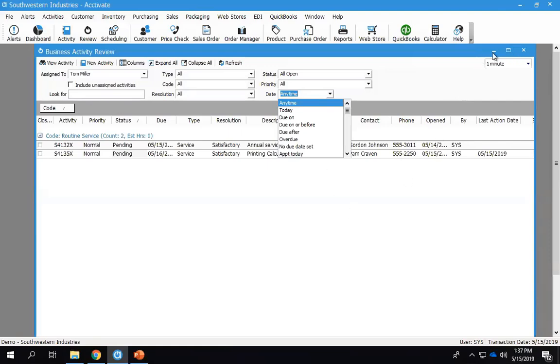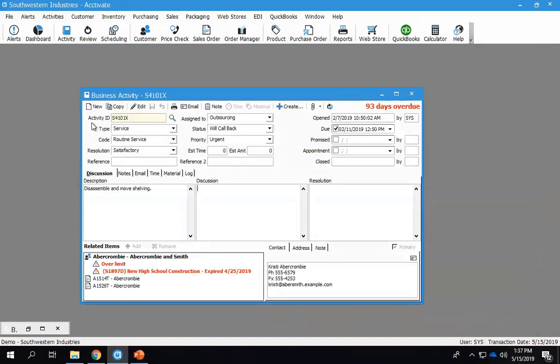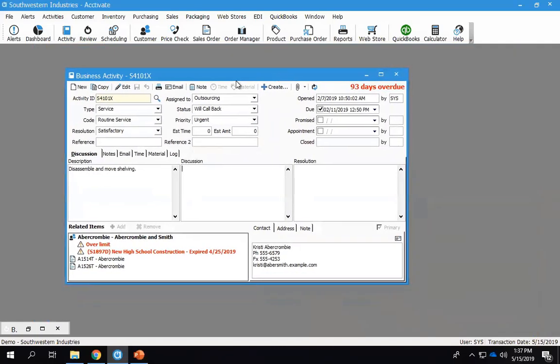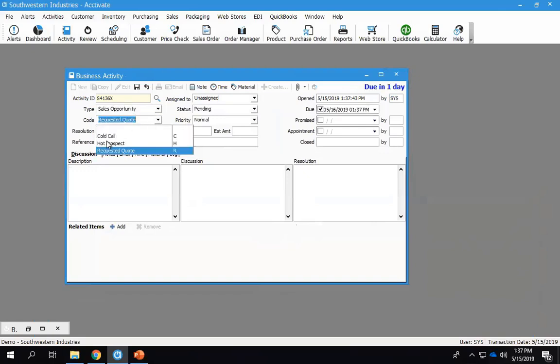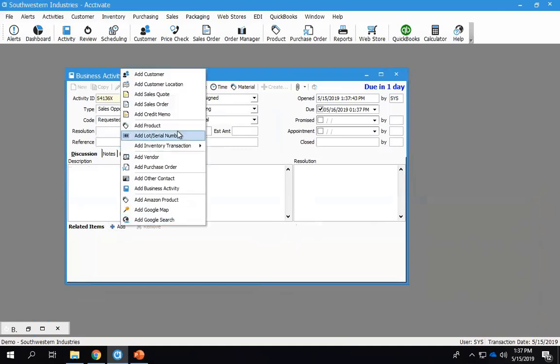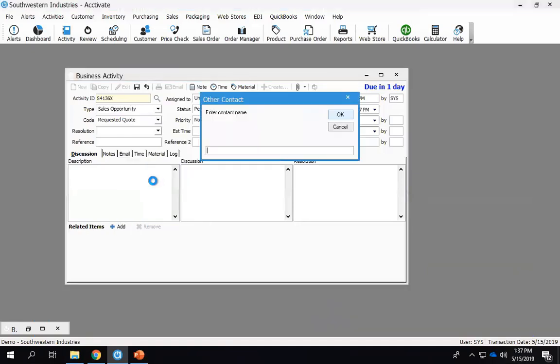We got in a question also on setting up a prospective customer and what fields are available for importing the information on the customer. Let me go through that real fast. You can absolutely put in a sales opportunity in here with all of the different codes and everything related to your business. And you can add just a contact that is not related to a customer, so that you're not having to create new customers for those that are maybe not quite to the point of purchase yet. You don't want to create a customer